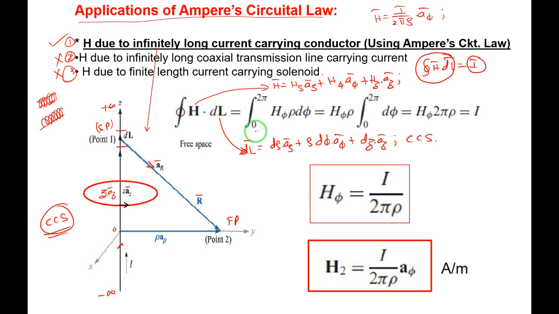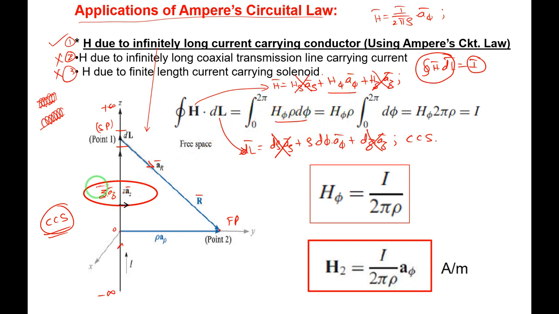Is it fine? Okay, observe here. Which component of the magnetic field intensity is there? It is varying in the phi direction in 360 degrees, which means we have only h phi into a phi. The rho component is not there, the z component is not there. If I take a phi dot a rho, it will be 0, and a phi dot az will be 0. So only the phi component of the dl vector remains. I have to take the dot product of these two: h phi rho d phi. A phi dot a phi will be 1. So they have done it here, h phi dot rho d phi. I hope you are getting this.